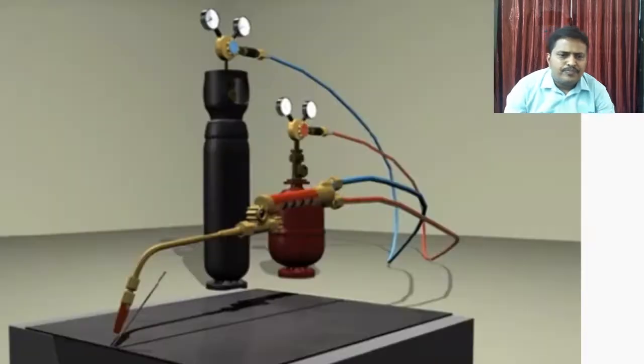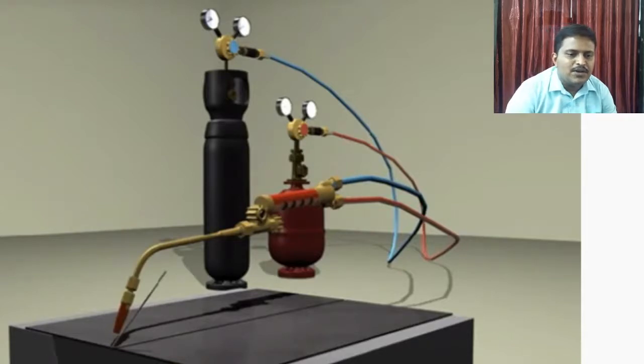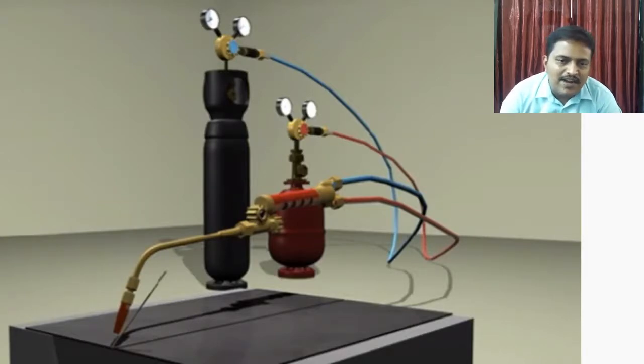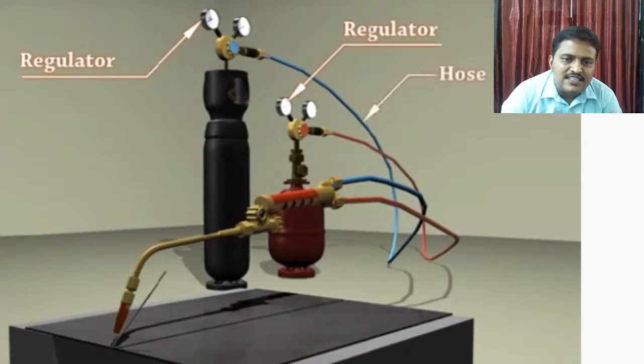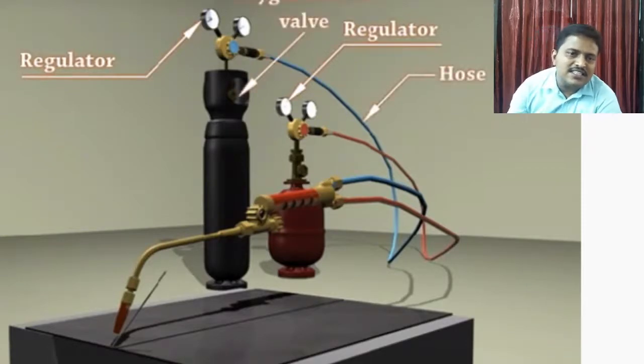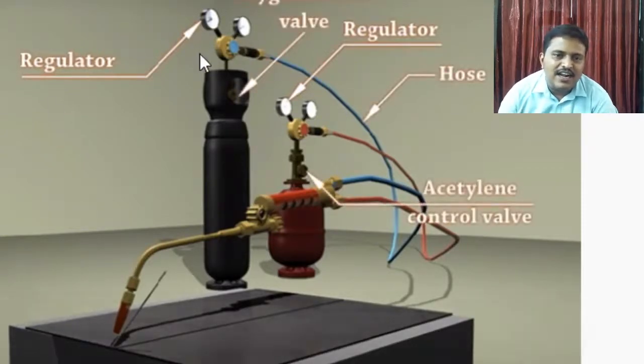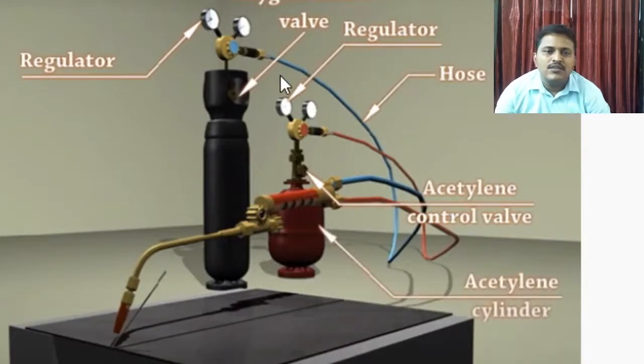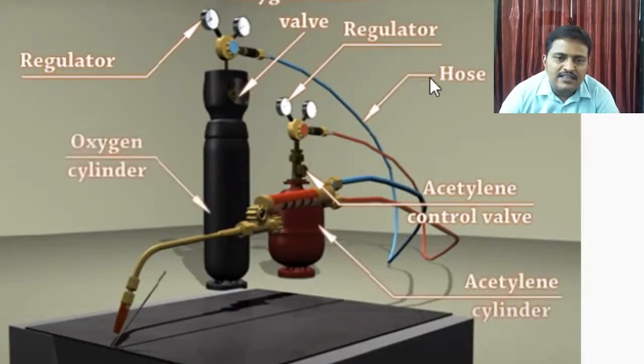So if we see the gas welding process, the gas welding is one type of welding process in which the edges of a metal to be welded are joined by using a gas flame, and no pressure is applied during this process. So here pressure is not applied, hence it is a gas welding process. It consists of a regulator and an oxygen control valve, and a regulator for the acetylene control valve.